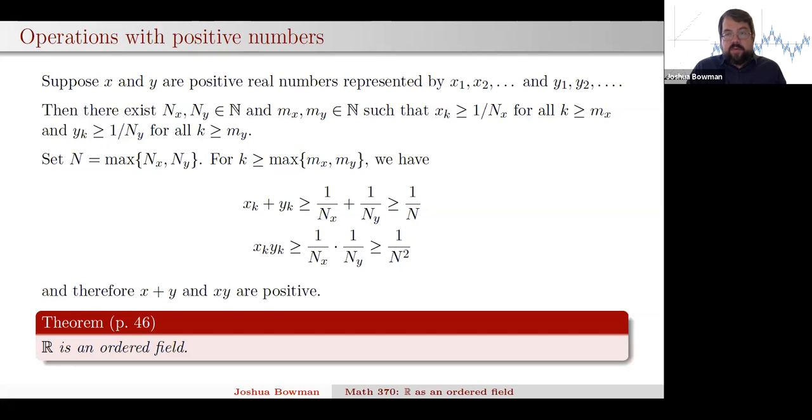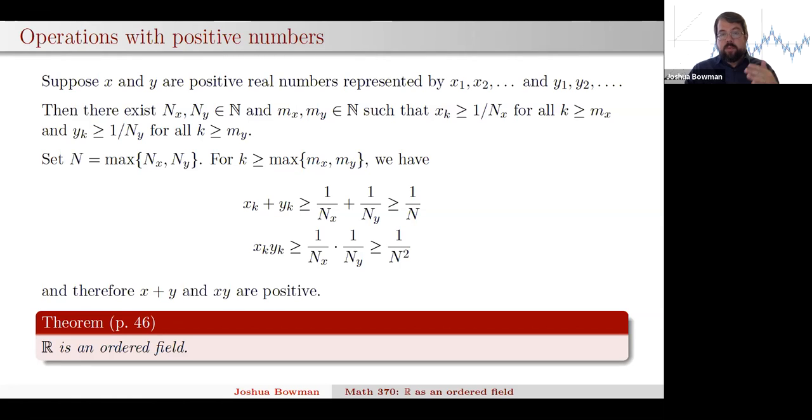Okay, so if now we have a definition of positive, the thing that's left to do is to show that this satisfies the axioms of an ordered field. If we take two positive numbers, x and y, let them be represented by sequences x1, x2, x3, and so on, and y1, y2, y3, and so on, then there will exist capital N sub x and capital N sub y. Okay, so these are going to give us the bounds for how far away x and y are from 0. And now we've chosen particular sequences, so there'll be an m sub x and an m sub y,